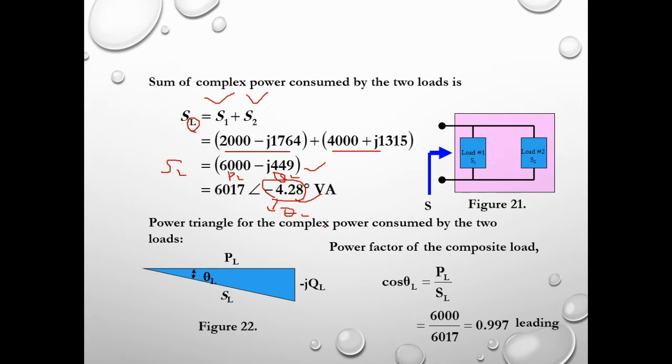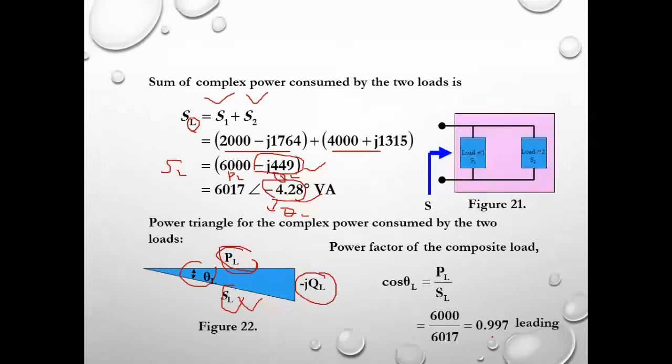Okay, so you can know that the value of Q is actually negative j449, or you can simply draw it here. This is the value of PL, so theta L and SL. So the power factor of the composite load, cos theta L, equals PL over SL. PL over SL, so 6000 over 6017. So this value equals